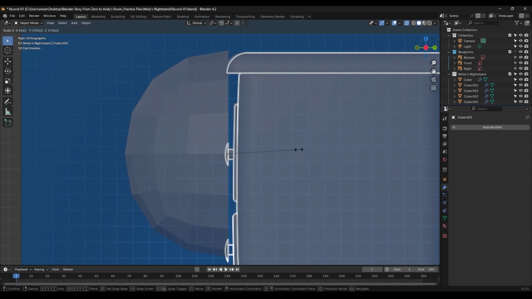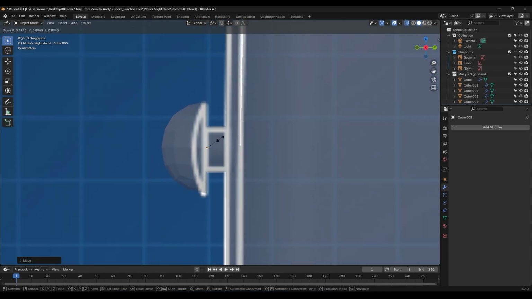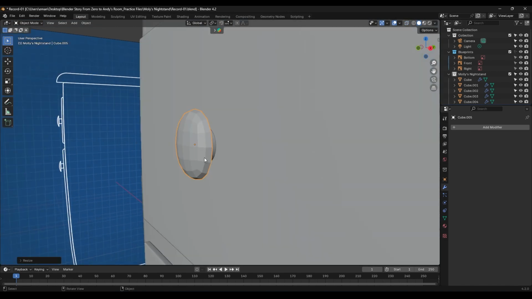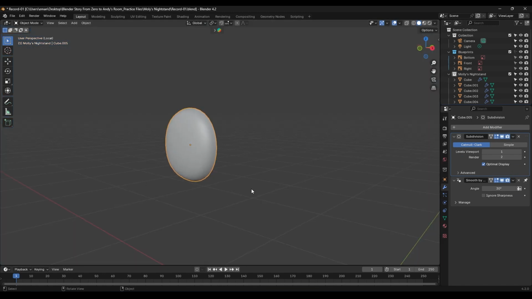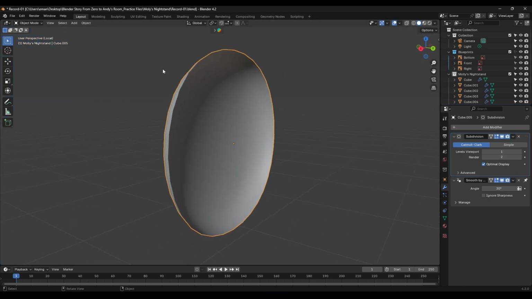Now I'll adjust its position and scale according to the reference. I'll press S, and since the object origin is right here, I'll select the y-axis and adjust the scale. Okay, I'll enable Shade Auto Smooth and apply a Subdivision Surface Modifier to make it smoother. And that's it. I'll press the / key to enter local view, and now I want to close the back of